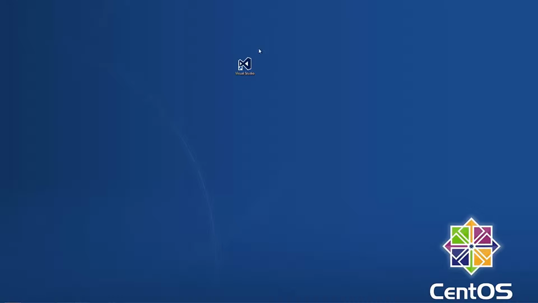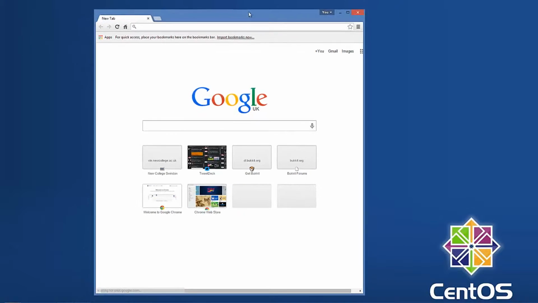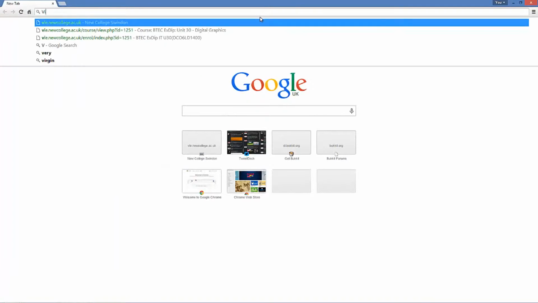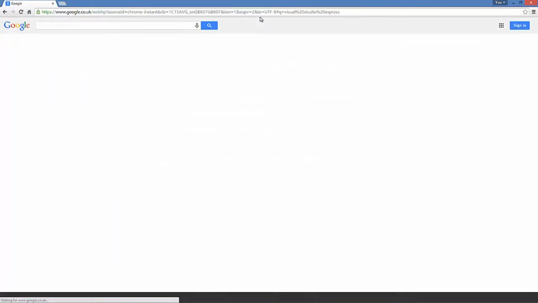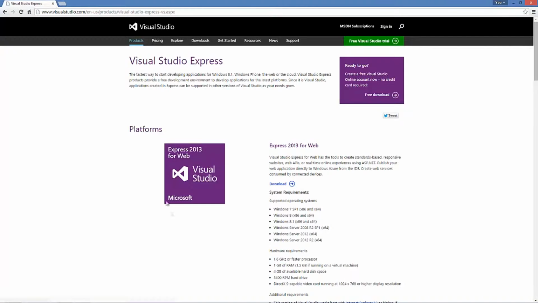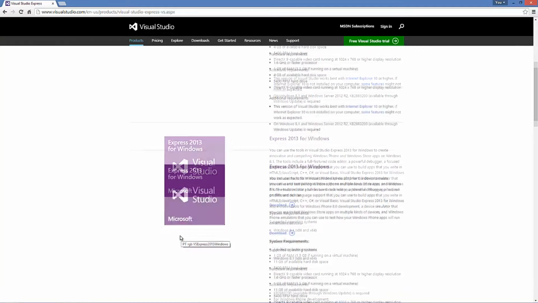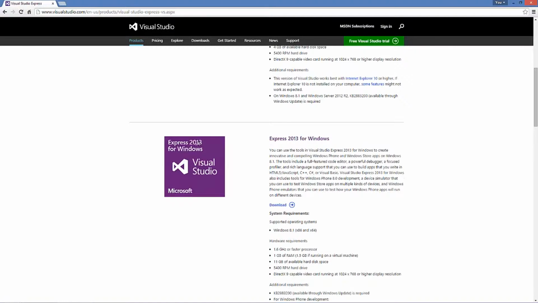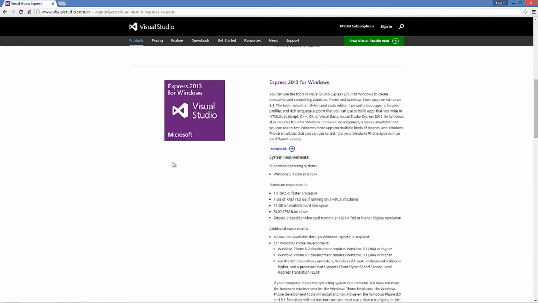I won't actually install it because I do have it on here, provided it's recording the right screen, which it looks to be. So, if we pull over Chrome, all you need to do is type in Visual Studio Express. It should be the first link, and you should be brought to a site like this. Now, scroll down to Express 2013 for Windows. Then you just hit download,